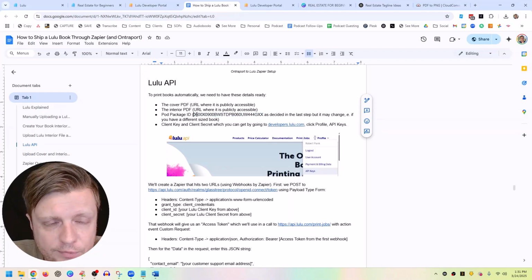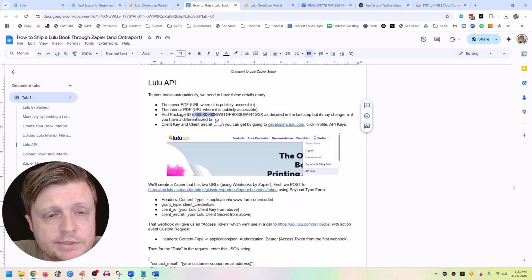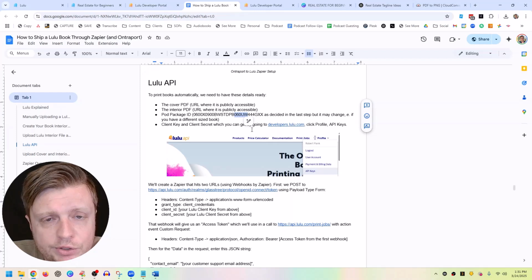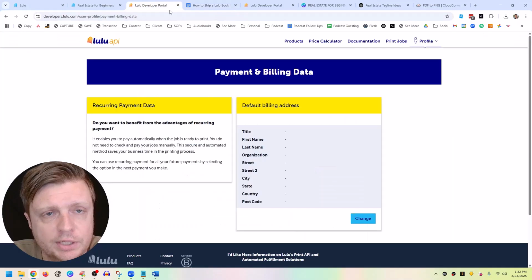And if you look really carefully, this part here says I want it to be a 6x9 book. I want this to be black and white pages. I want standard printing, paperback. I want it to be a 60 pounds uncoated white page. And I want it to be glossy. That's what the G is. So we'll have the cover PDF, interior PDF, pod package ID, and then in developers.lulu.com, we'll go to profile API keys. So now it's time to check out